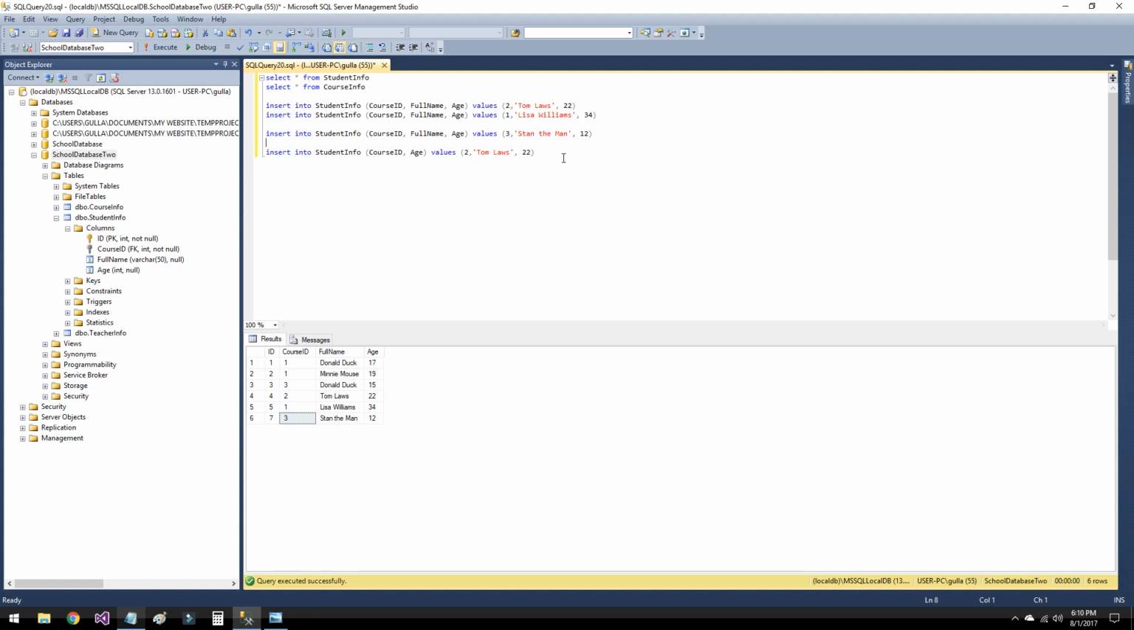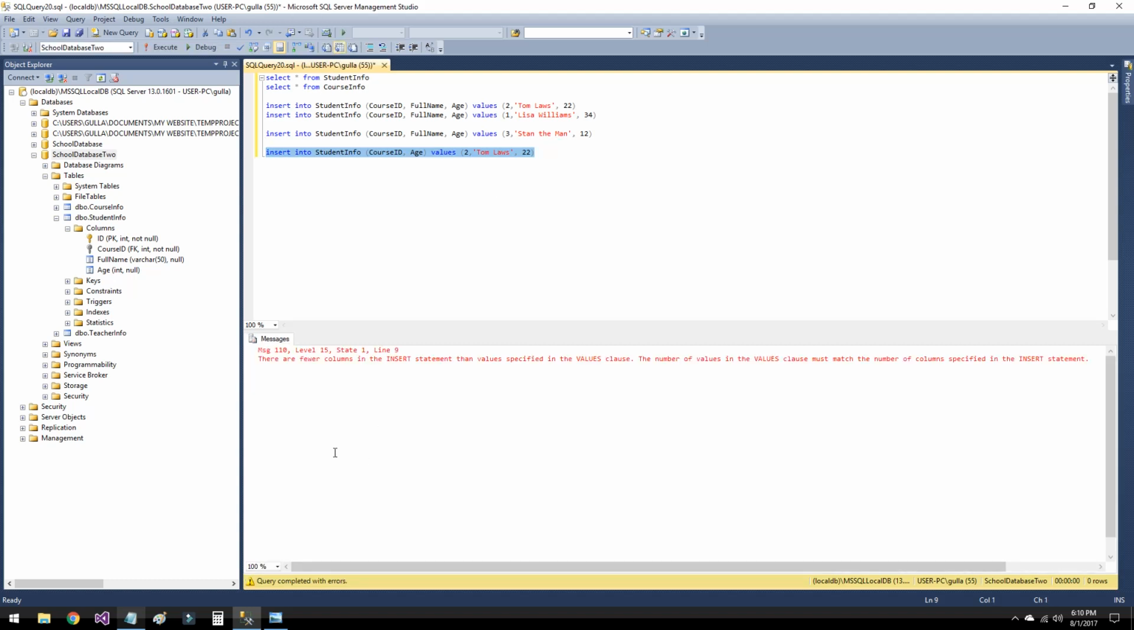Right, our last one here. What's going to go wrong here? You might already be able to see. This one's a pretty easy one to work out, maybe not when you're just first starting, but there are fewer columns in the insert statement than values specified. We've got 3 values here, 1, 2, 3, and we've only got 2 items here, obviously. So in this one, it's what you could call a typo. We forgot to put full name